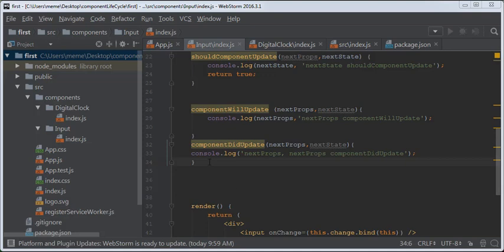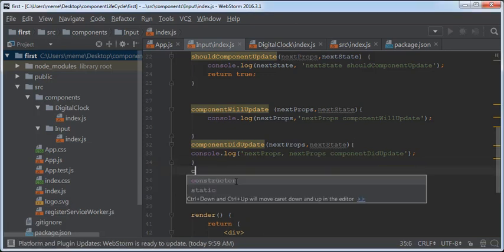Now let us study the last method, which is componentWillUnmount. First, let us understand what is the function of the componentWillUnmount. ComponentWillUnmount is called when the component is removed from the DOM elements list. So let's write here